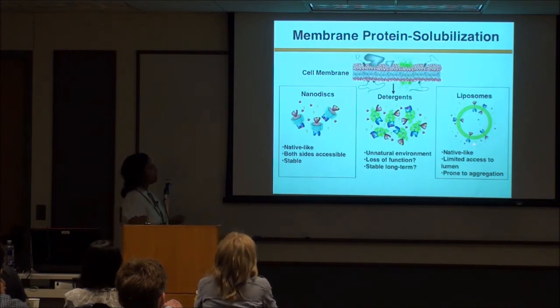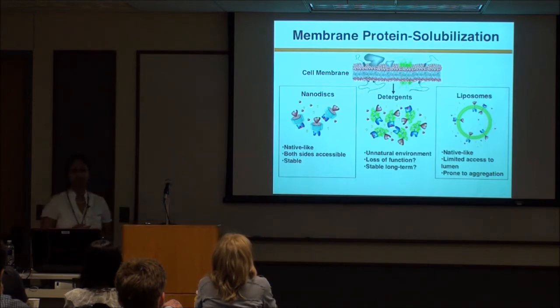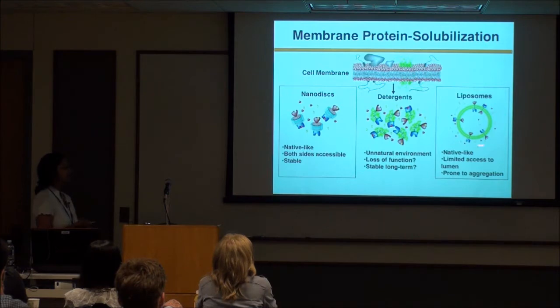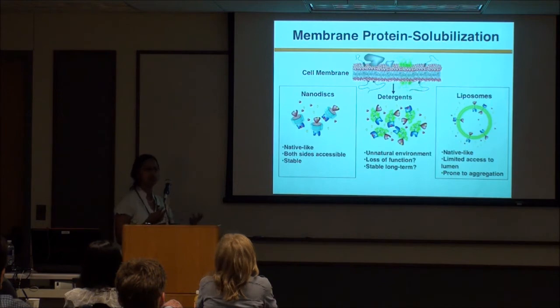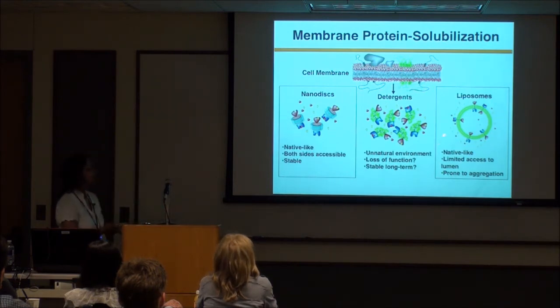So liposomes are lipid bilayers. The green here shows the lipid bilayers. It is like the native lipid bilayer, looks a little bit like a cell. But the problem is that in membrane proteins, there are functional domains on both sides of the protein. So in a liposome, one side gets inside. There could be 3 or 4. There's a heterogeneity involved in the liposomes. And they're also prone to